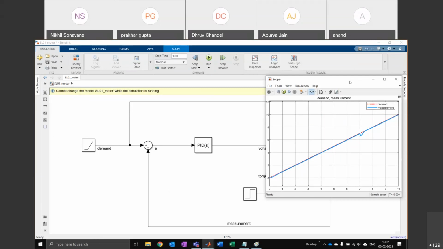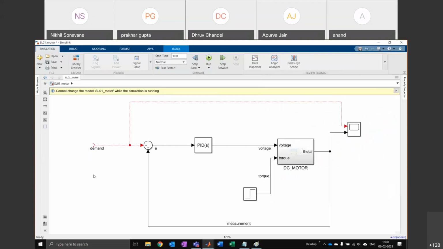So this is the same thing we use in robotics. Suppose your demand signal was a sinusoidal signal, like a sine wave. So you would have to go up and then down and then up and then down. You can do that. If you have a pulse signal, which is a sharp up, sharp down, you can do that as well. So from the sources library, you can get in any signal you want and you can try this out.